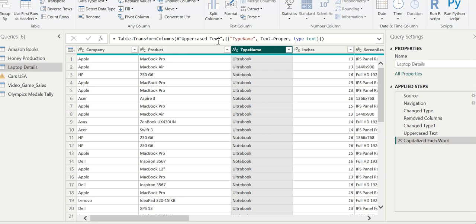So I hope you have seen a number of transformations here using Power Query Editor on different data sets. For more information, you really need to do more and more practice, to see what kind of changes you can make in your data set with different options. Okay, I hope you got the information. I just want to wrap up this video. Thank you so much.